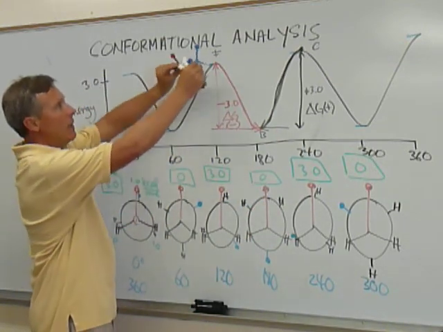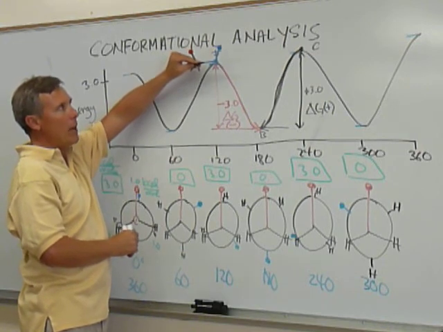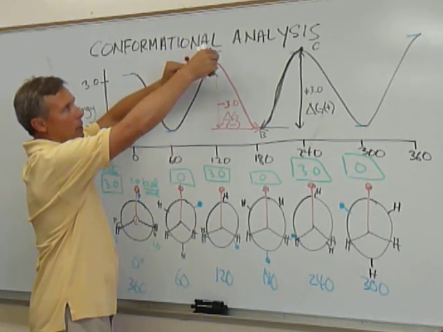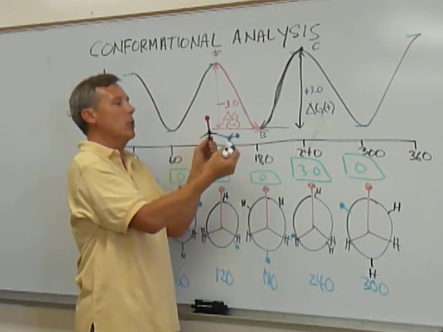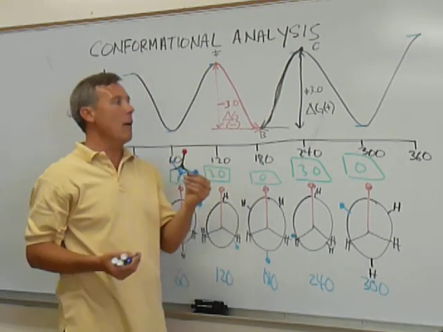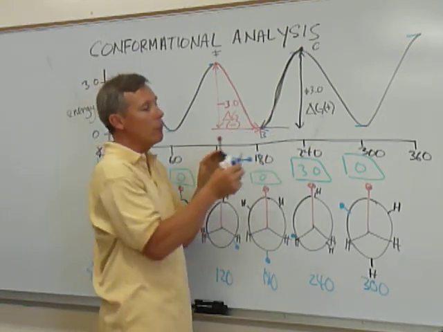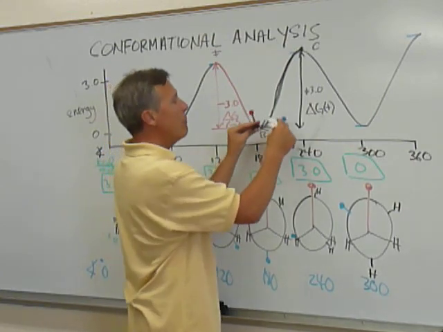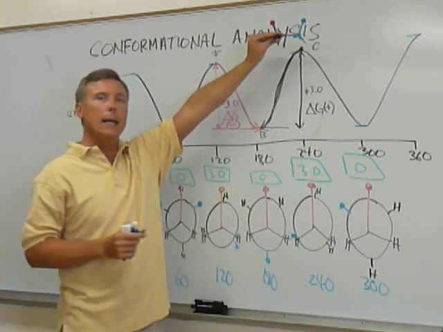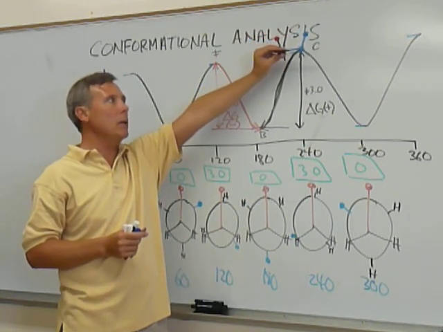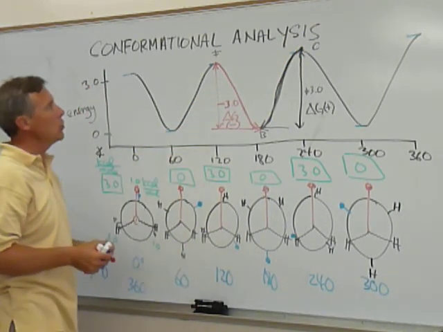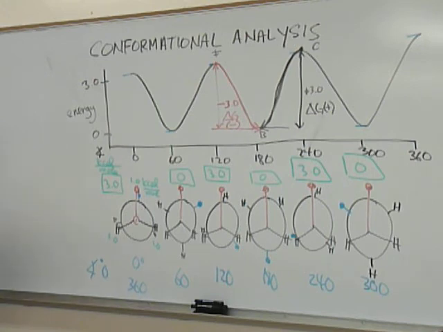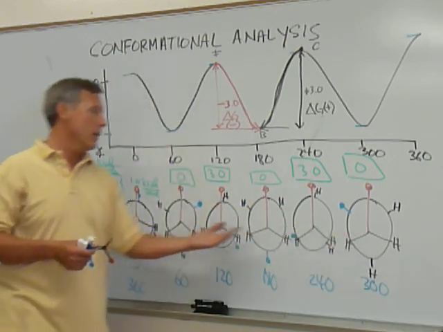Again, we can clearly see that in the eclipse conformation, atoms repel, the molecule rotates 60 degrees, energy is released, and the molecule is much happier in this conformation. If I want to force it back into the eclipse conformation from the staggered conformation, I'm going to have to input 3 kcal, and that input would be a positive 3 kcal of energy. So here's the potential energy profile conformational analysis plot for the 6 conformers of ethane.